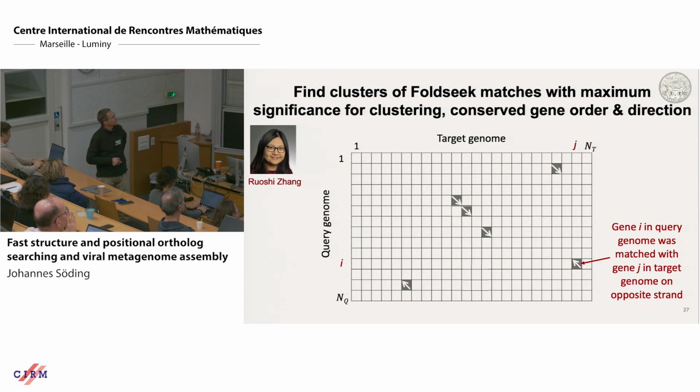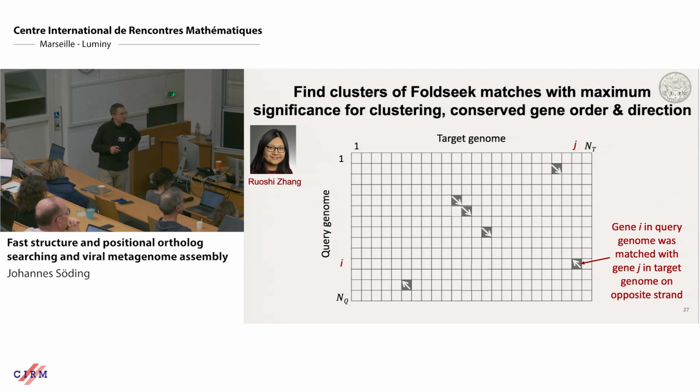So this is what Rochi's tool does, and the way it works is, imagine you have here all the genes of a query genome, and here you have all the genes of a target genome, and you've done an MMseqs search where you found all the homologous pairs of one genome with the other. And let's say you match this gene here from the query with this gene in the target, and this with this, and so on. Then basically what the algorithm does is it looks for clusters of genes that are maximally